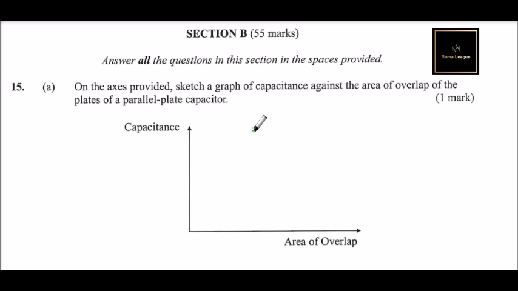parallel plate capacitor. So let's start with the capacitor. A capacitor is an electronic device for storing charge. Then we say one of the factors affecting capacitance is area. And that is, by increasing the area of the plate, we increase the charge on the plate. That is, capacitance increases, and therefore when we are given this capacitance and area, to sketch, we are required to sketch the